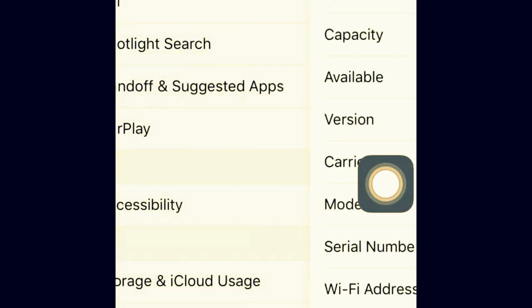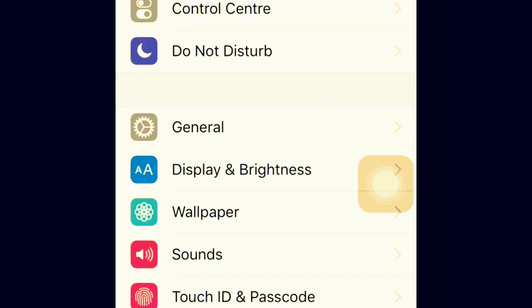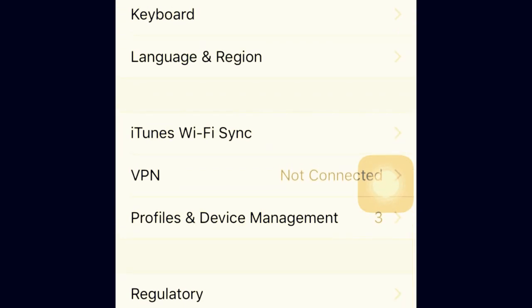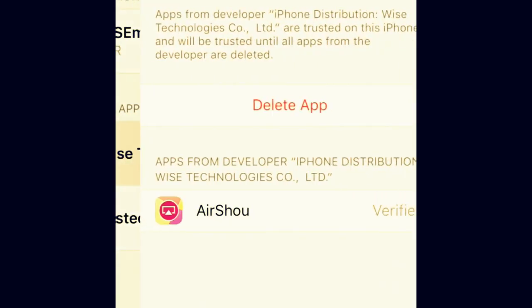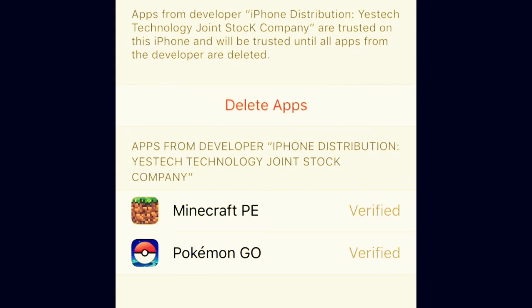You have to go to settings, and then here you will see the general option. Go to general and then scroll down to profiles and device management. Here you will see there are enterprise apps. In enterprise apps you just search for Pokemon Go.